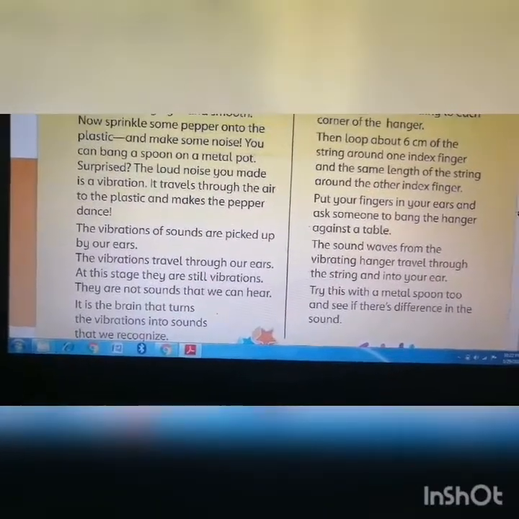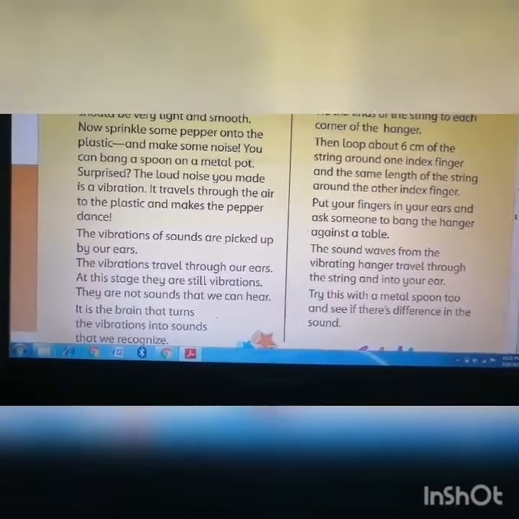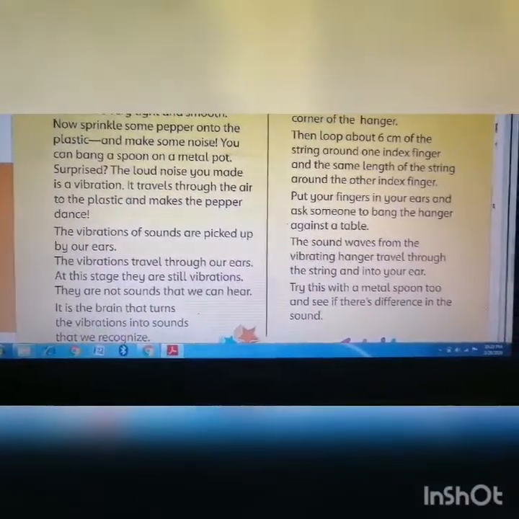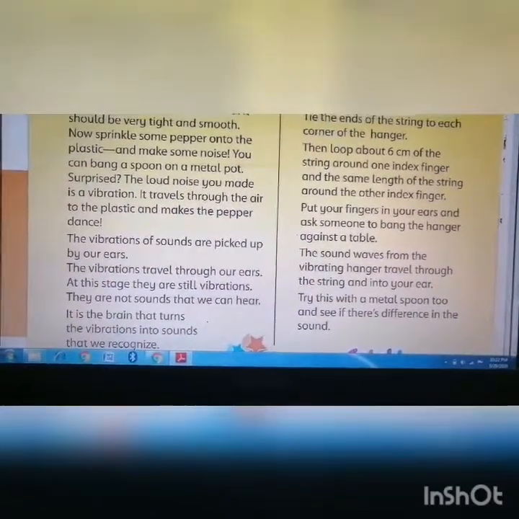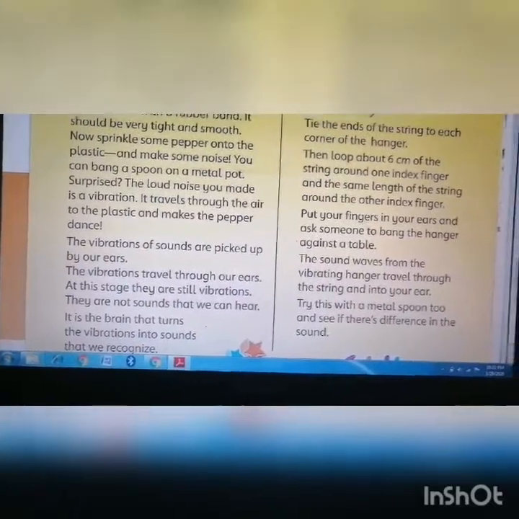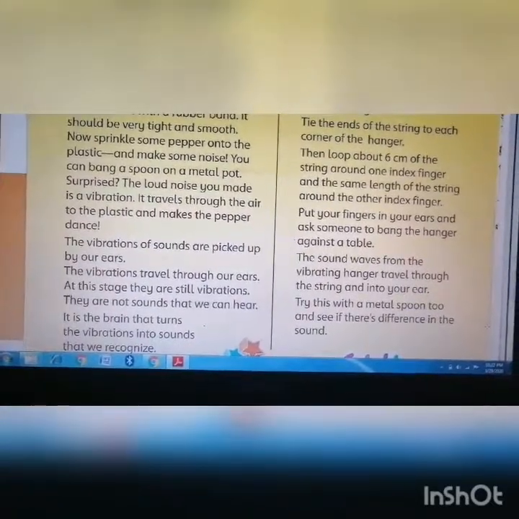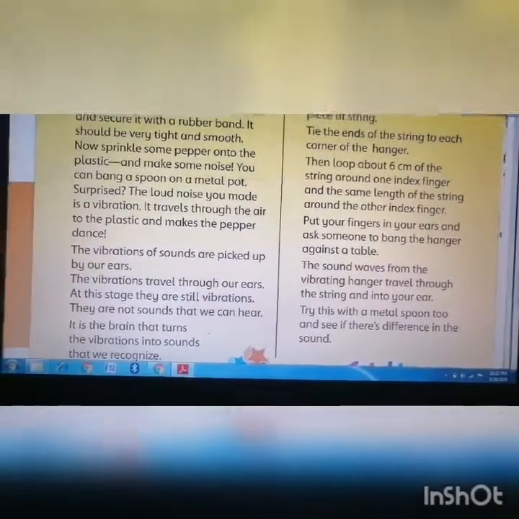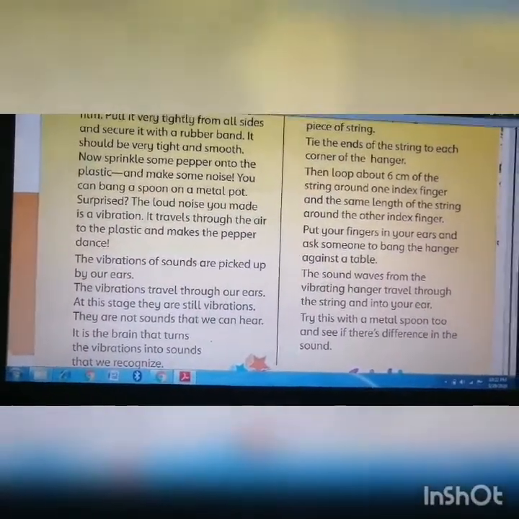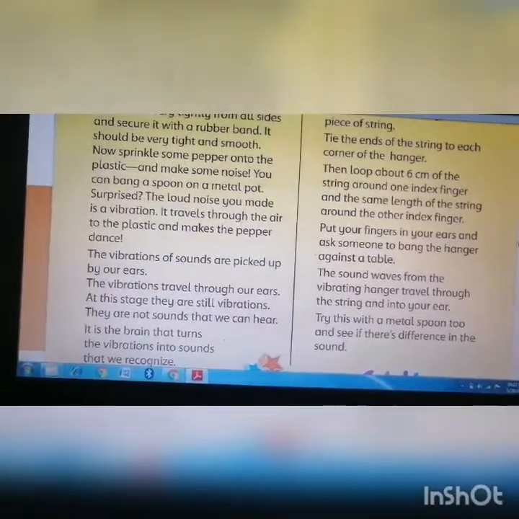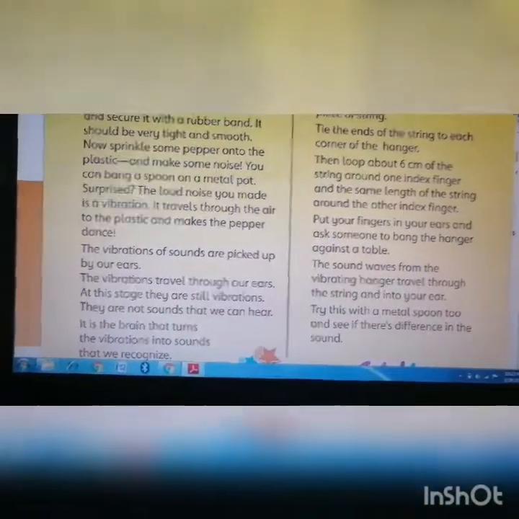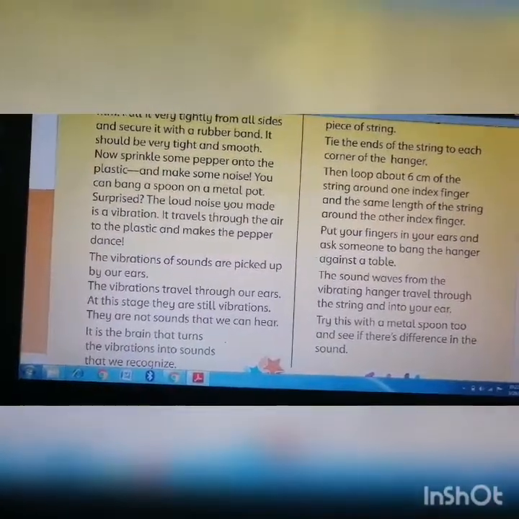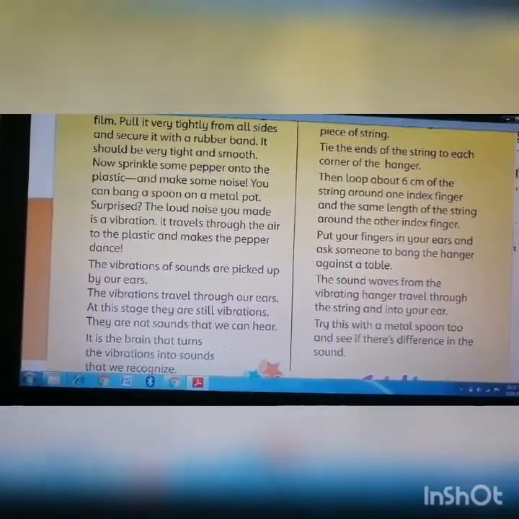So poke a little hole at the bottom of each cup. Take only two paper cups, poke a hole into each paper cup, and tie the string from one paper cup to the other. Now it should be long enough so that two people can stand apart. Now give one to your brother, sister, whoever you want to talk to, and tell them to put it on their ear, and from the other cup you talk.